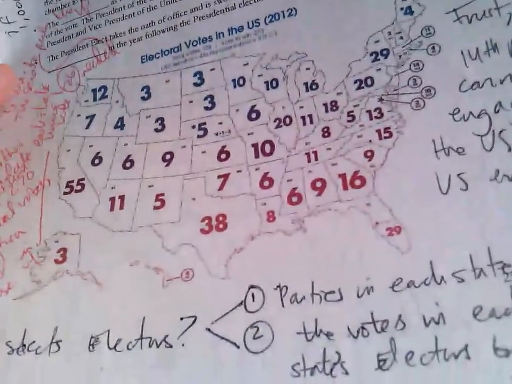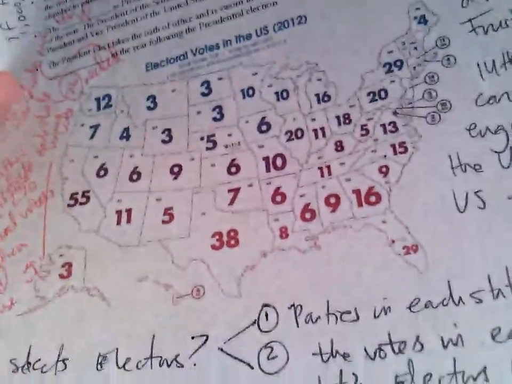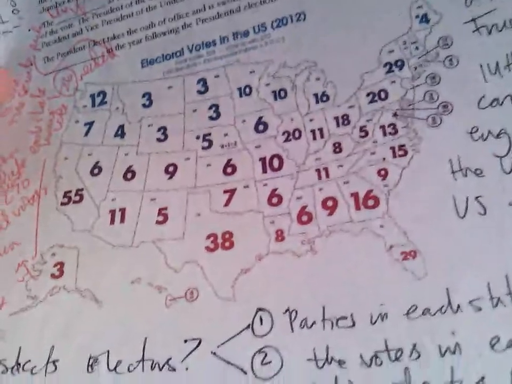Map, here we are. So this is 2012. Just put the document cam. See? Okay, whoops. Okay, so electoral votes. And what you are seeing is how many electoral votes each state got based on population in the 2012 election. Okay, and I'm going to talk to you more about the Electoral College, probably our next lecture, because it's pretty interesting.